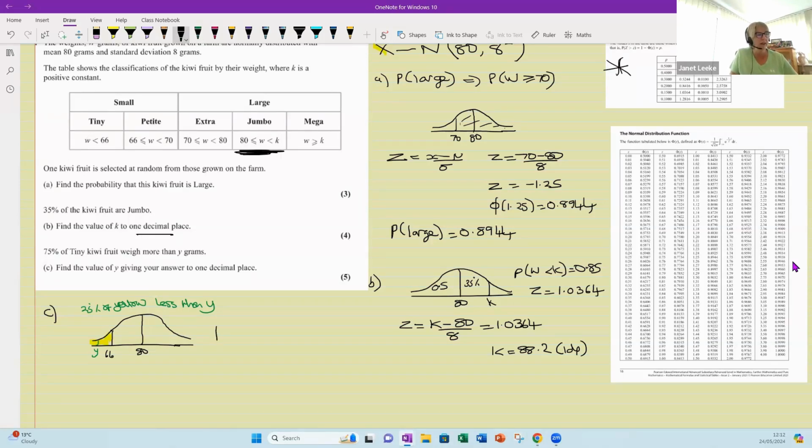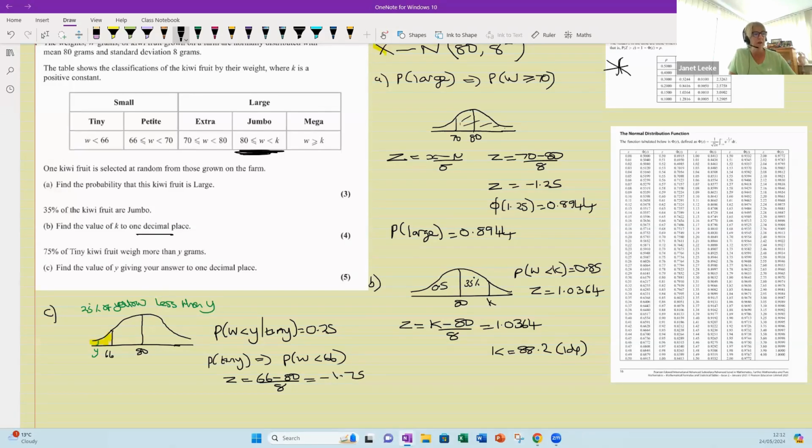So putting this into calculation form, what we're saying is that the probability that W is less than Y, given that it's tiny, is equal to 0.25. Now, we don't know the probability of being tiny yet, so I think that's the first thing that we're going to have to do. The probability of being tiny implies the probability that W is less than 66. I'm going to find Z again. Z, 66 minus 80 over 8. Now, I know Z is going to be negative because it's to the left of the mean, and it is minus